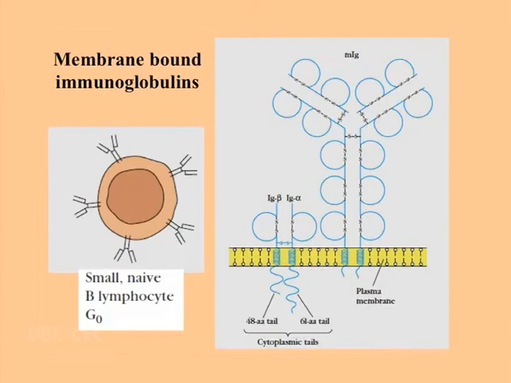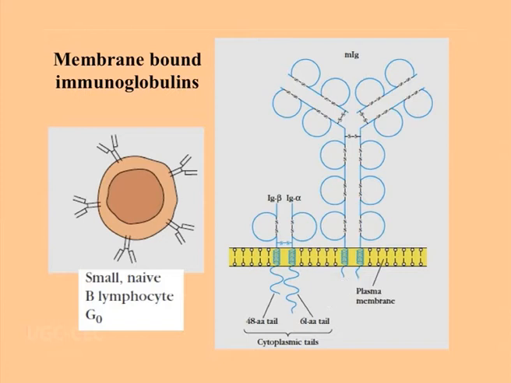So, what is the difference between a membrane bound immunoglobulin and a secretory immunoglobulin? Clear? Now, we know that for a protein to remain bound on a membrane, what is needed? A transmembrane region or hydrophobic region which will hold the protein to the membrane. So, if we look into the carboxy terminal domain of the membrane bound immunoglobulin, we can see a transmembrane region made of hydrophobic amino acids. It is needed to hold the immunoglobulin molecule on the surface, but it is not needed in the secretory immunoglobulin molecule. So, this region is absent in the secretory immunoglobulins.